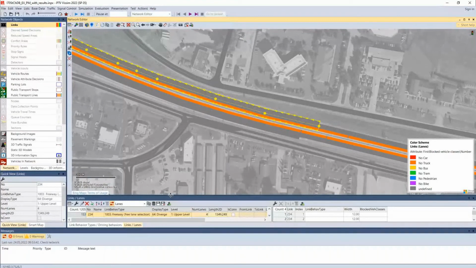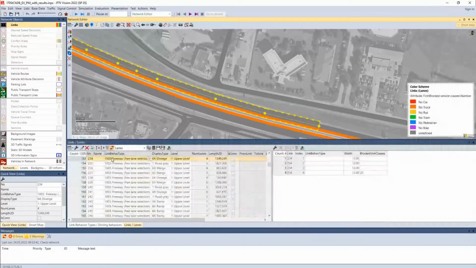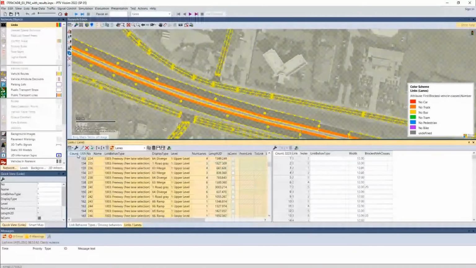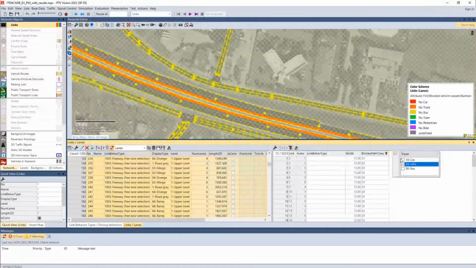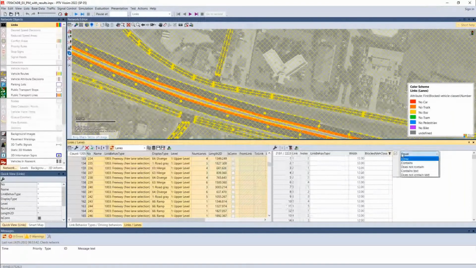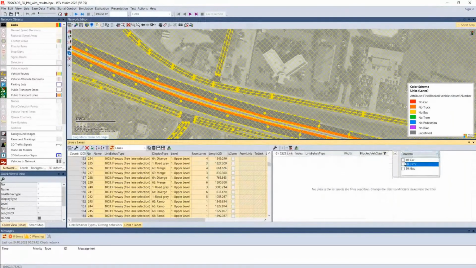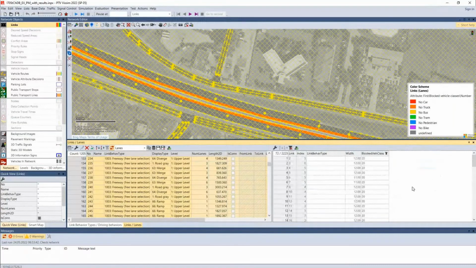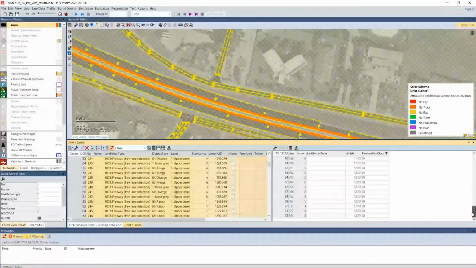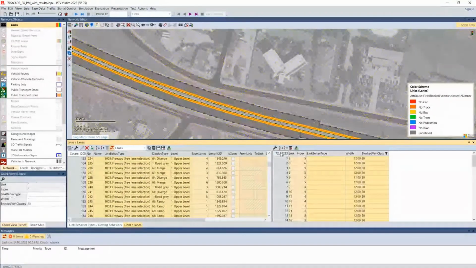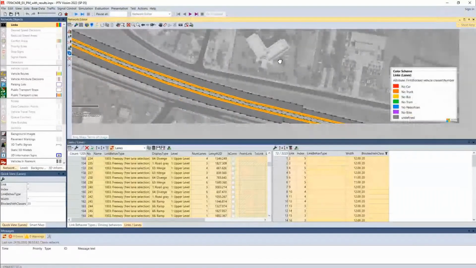Similarly to the link behavior types though, I could do the same thing in the list. So I can highlight all of my links and I can filter and say, okay, I want to find all of the ones that contain any one of these three, right? And so here we see a bunch of lanes that are all blocked to trucks, and I can highlight these particular lanes. So if I click here, we have 72 different lanes that are